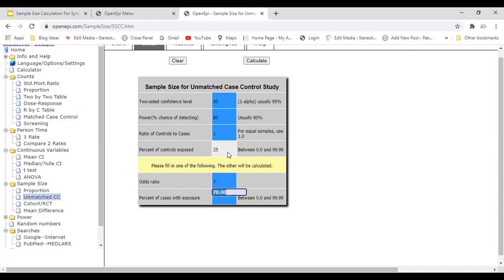That percent of controls exposed is 25. For example, this means that every fourth control has got the disease, or 5 out of 20 controls who were exposed to viral hepatitis have got liver cirrhosis. And percent of cases with exposure means that in your cases group, the exposure to viral hepatitis is present in 70% of the cases. So this is how you will calculate. This is very, very easy. All you need to do is to have a basic knowledge of the terms,